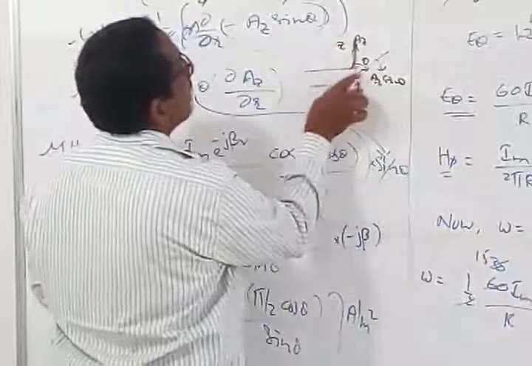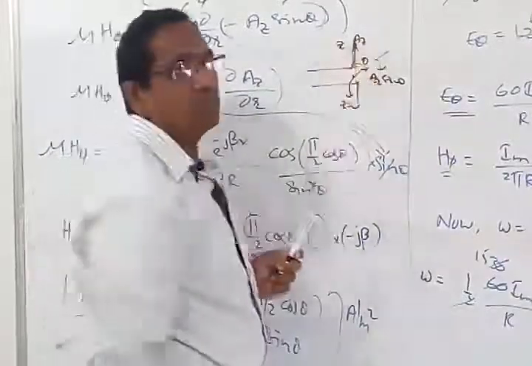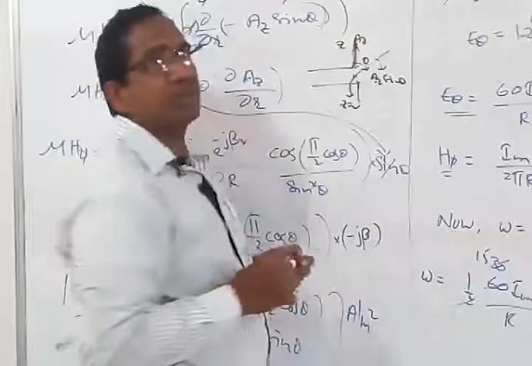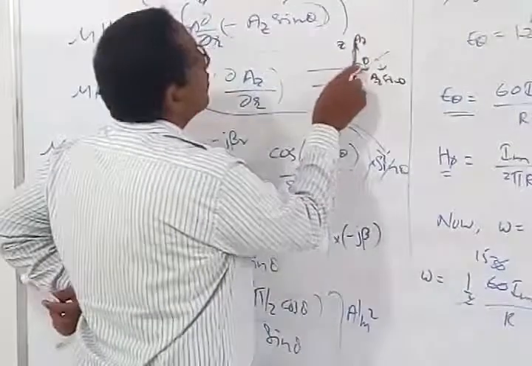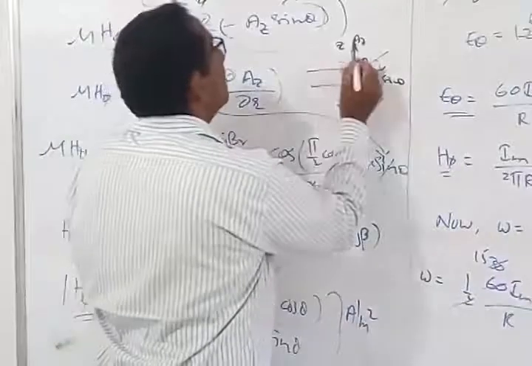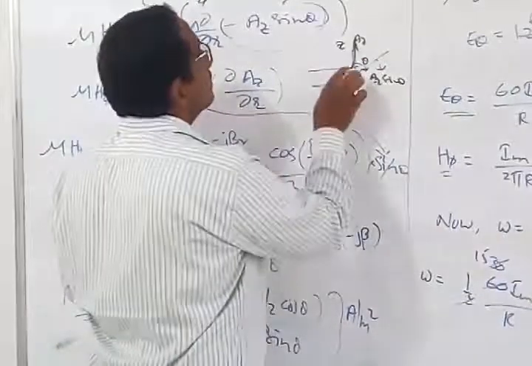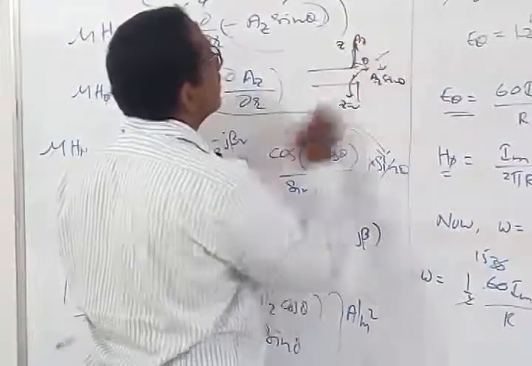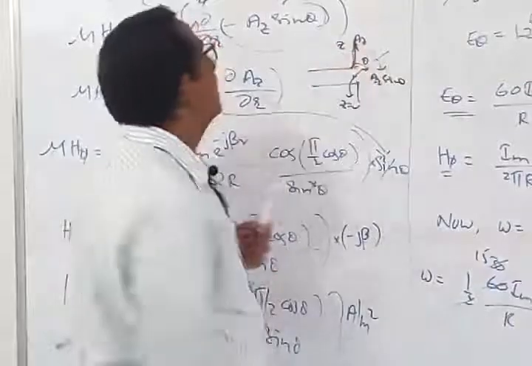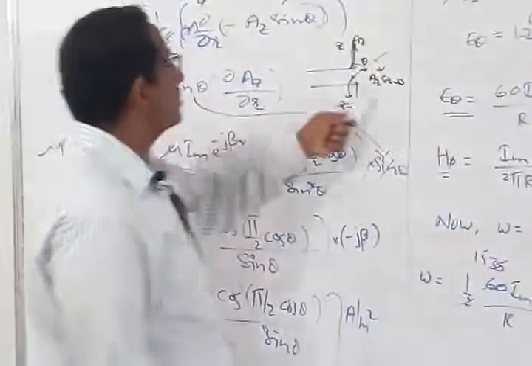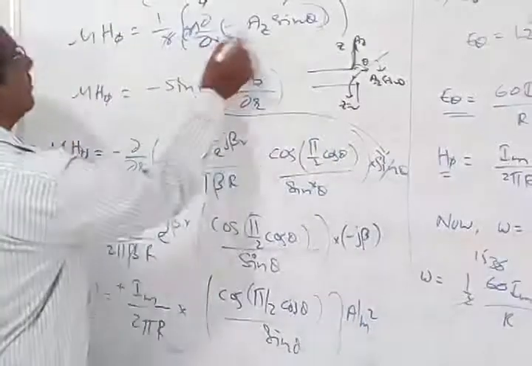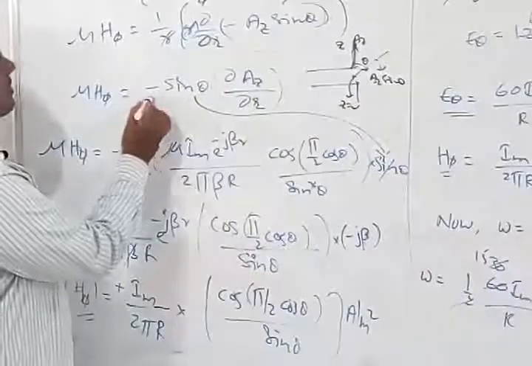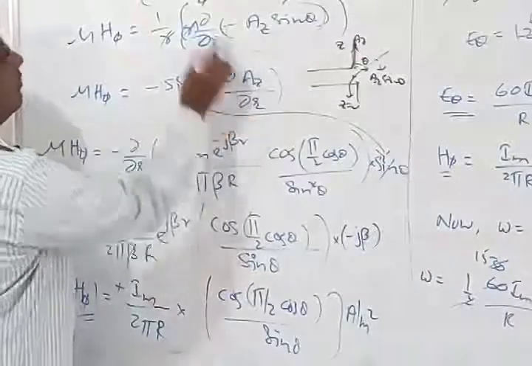So this is the z axis in the dipole antenna. This is going to be the z axis, and along the z axis we are going to have the Az component. Okay. So Az component, now the angle theta is known as elevation angle. So this angle is theta. So this radial distance component is nothing but equal to simply Az sin theta. So from mathematics we can write this is going to be Az sin theta. So I can write minus of Az sin theta for this. Okay. So now I can have this minus sin theta dou by dou r of Az.